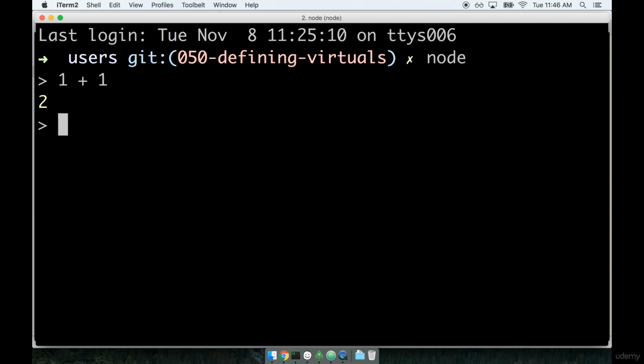So inside of this node shell, I want to require in our user model. I want to create a new user, and then I just want to kind of play around with it a little bit and see how this postCount virtual field works. So first, I'm going to require in the user model. So I will say const User equals require